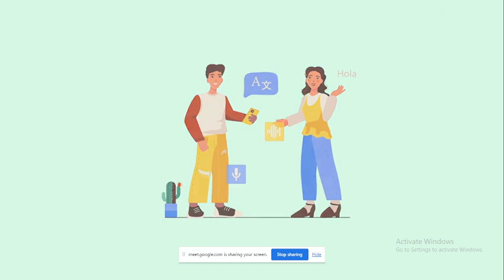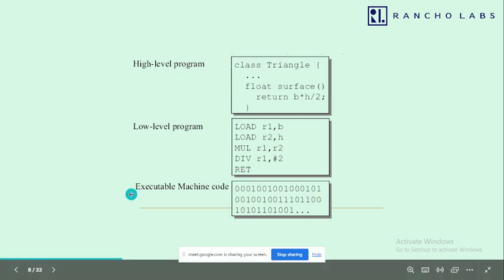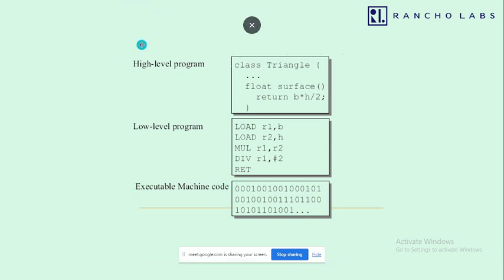In programming, we can split into three main types: high level program, low level program, and executable level program. Why we split into these three: a high level program is the user, that means human understandable program, and machine understandable program likewise. Low level also humans can understand, and the machine will convert high level into low level, then low level